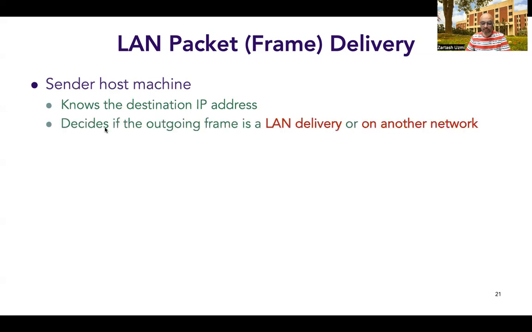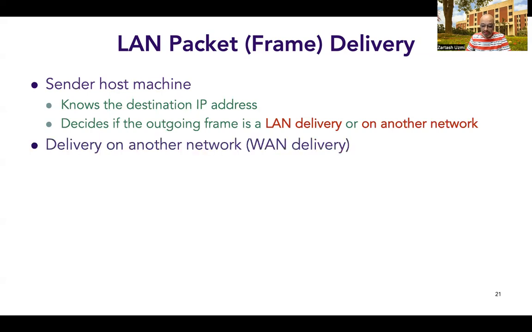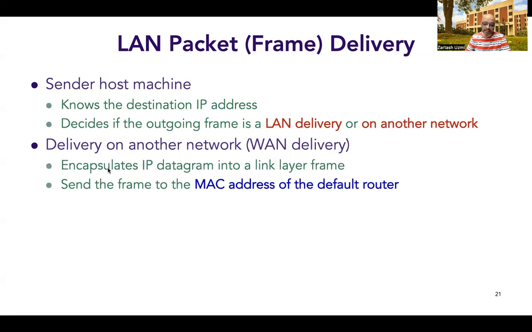It decides if the outgoing frame is a local LAN delivery or an outside my LAN delivery, a different subnet delivery on another network. There can be only these 2 possibilities. If it is on another network, or as you call it, wide area network delivery, WAN delivery, then it will encapsulate the IP datagram into a link layer frame and send the frame to the MAC address of the default router. It still needs to make a link layer frame,